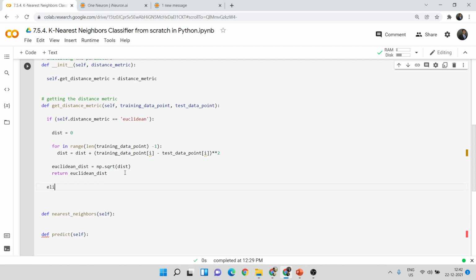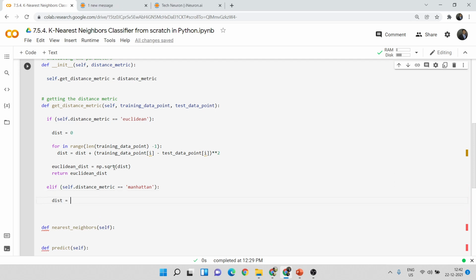Here we'll be using an else if condition, which is represented as elif, and in this case, if the user says that he wants the distance metric as Manhattan. Okay, so I'll copy and paste it here. If the distance metric is Manhattan, then we need to change the formula. The formula is almost pretty similar. So I'll write distance is equal to 0, and for i in range, most of the things will remain the same. So for i in range, length of, it will be the same thing here, and